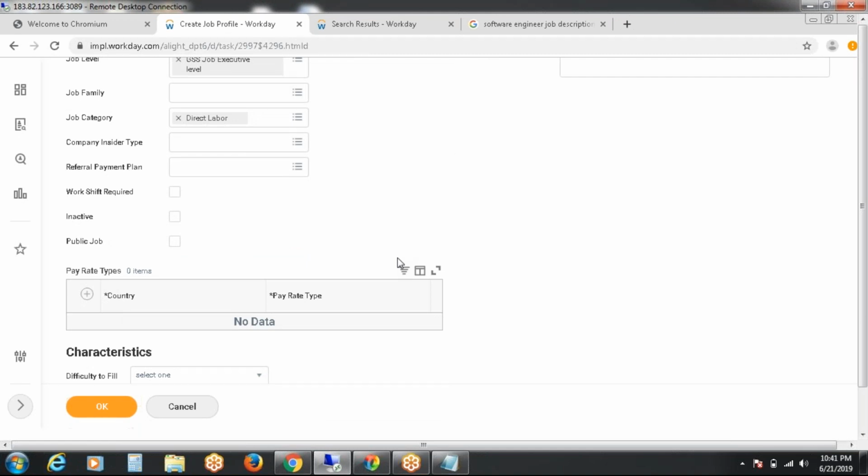Those who are eligible to get shares and stock. Company insider types are eligible to receive stock and shares from the company.